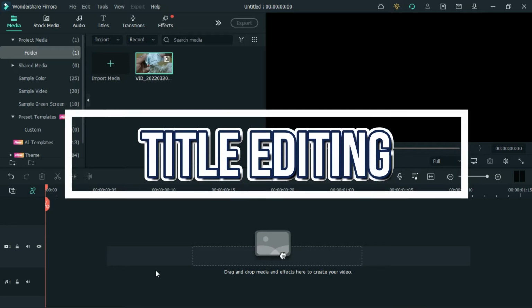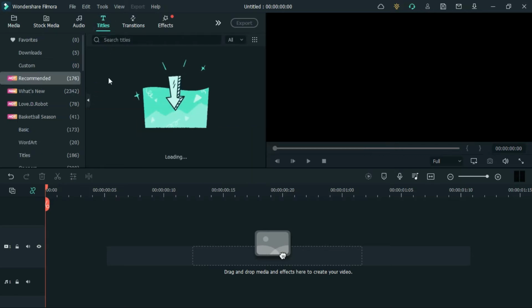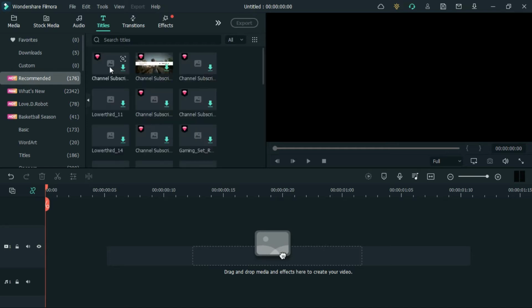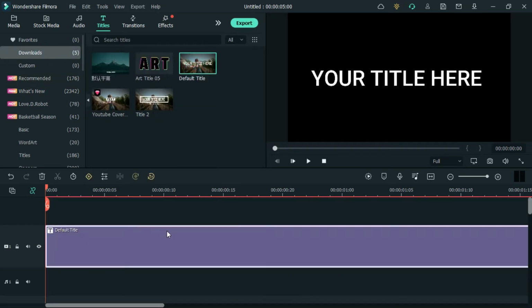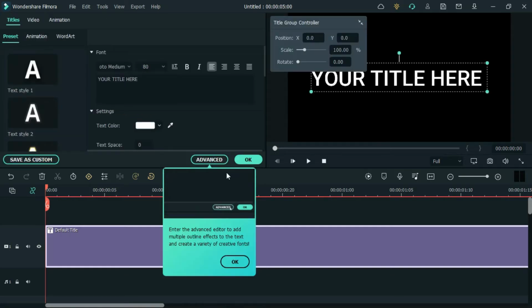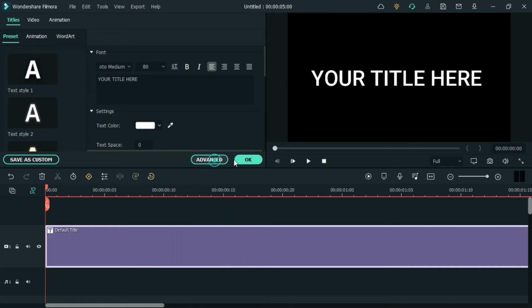Let's start with title editing. So now you can add multiple borders and shadows for your title. For this, just add simple title first. We will add default title. Double click and go to advanced setting. Now it is showing what they have updated, that in the advanced editor you can add multiple outline effects to the text and create a variety of creative fonts. So click advanced